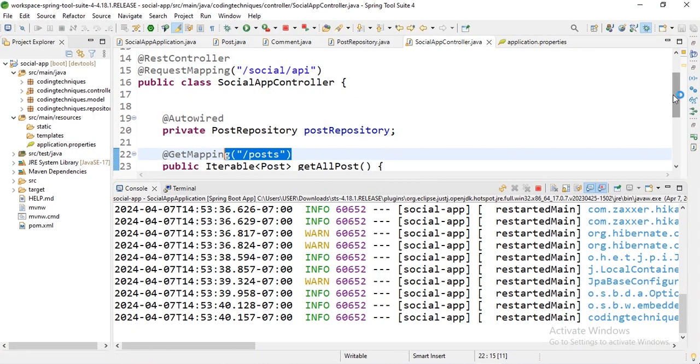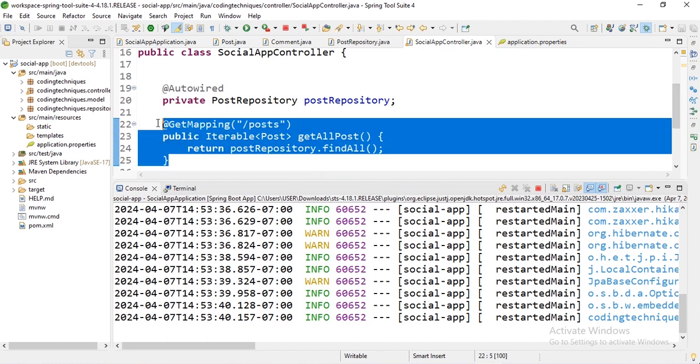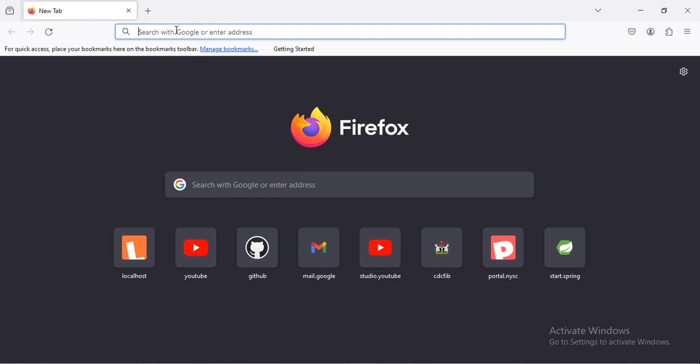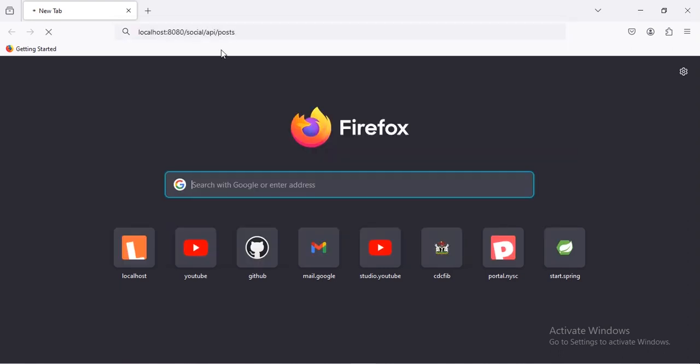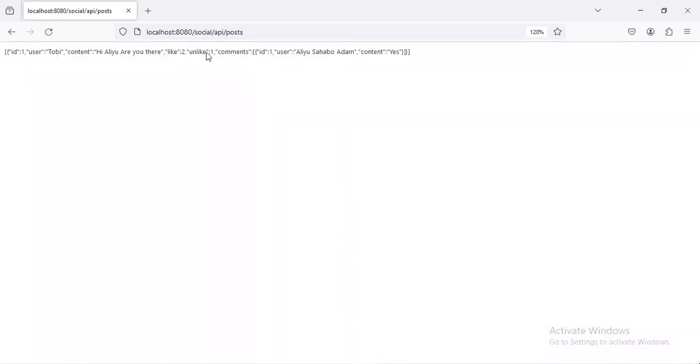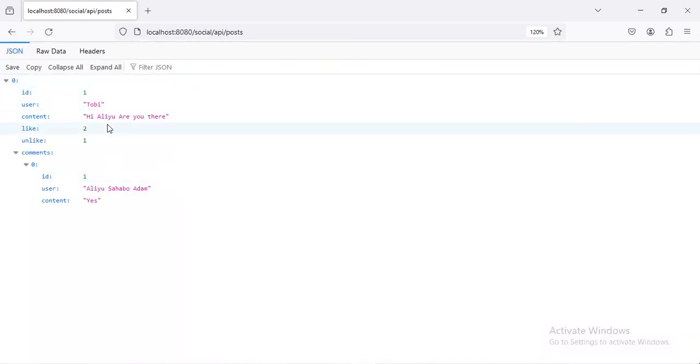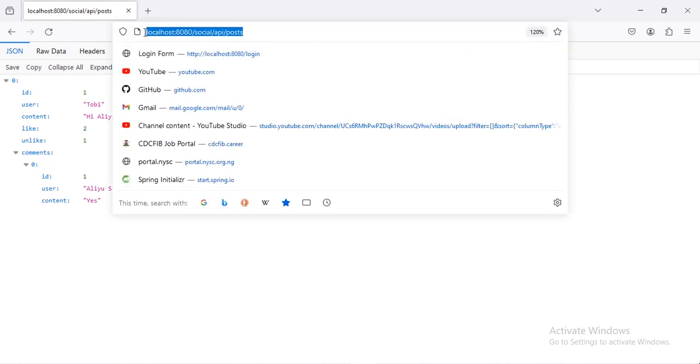Okay, so let's go inside the browser. It's taking time entering the browser. Okay, here we are. When we access social API, you see we have this social API post. Now it will bring all the data that we have in the database, as we did before. Okay, you see here it is. So now we copy the URL from here